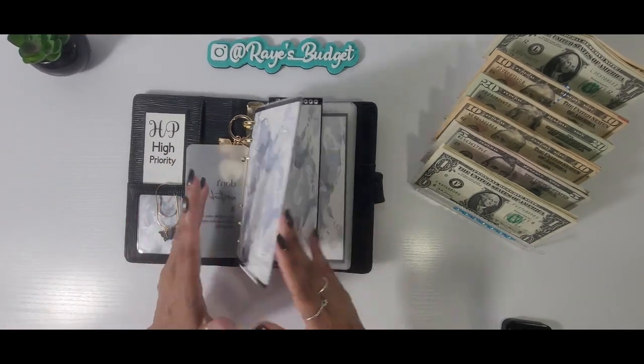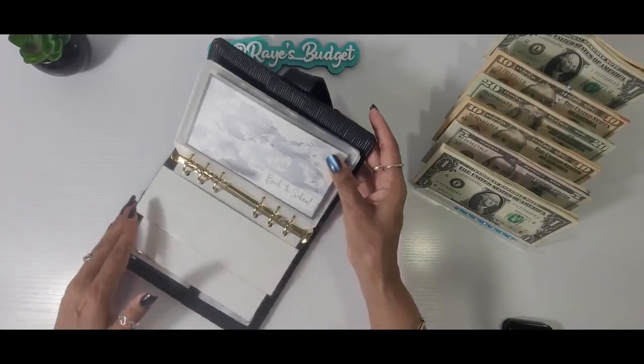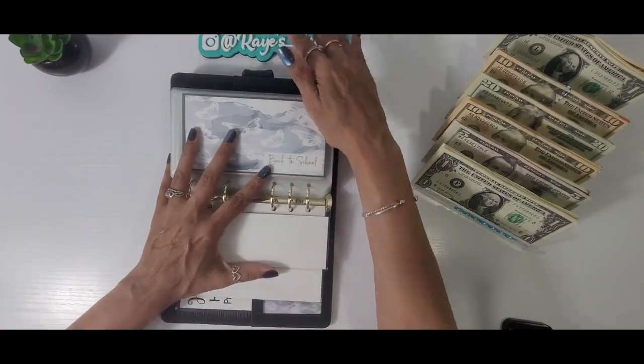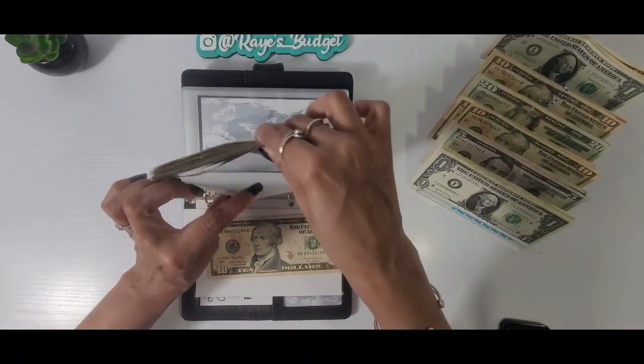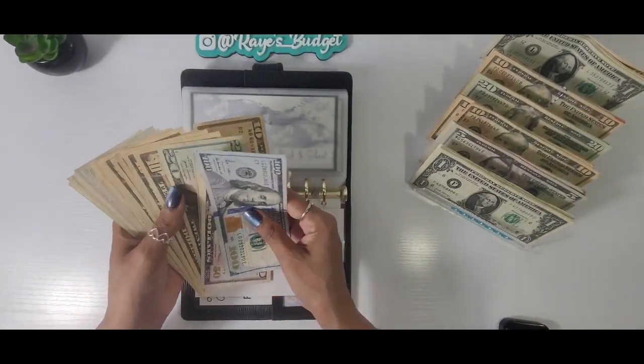What we're going to do now, guys, is go ahead and move to stuffing my high priority sinking funds. The very first one is back to school. It's going to get $10. And this takes back to school to